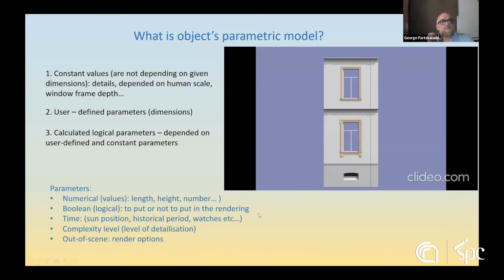So in every parametric model, you have some constant values. You cannot parametrize all things. Yes, you always say that I will change this and this, but this and this should be more constant. And I will randomize this and this. And the same here. For example, I will change the length of the facade. And when I change it,